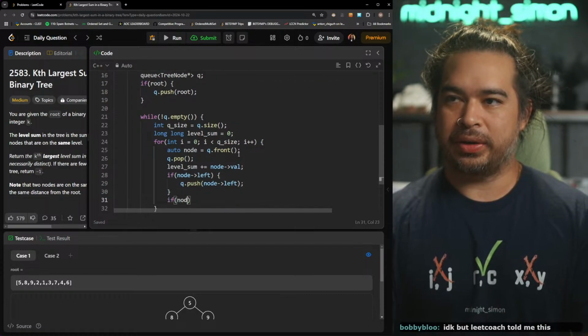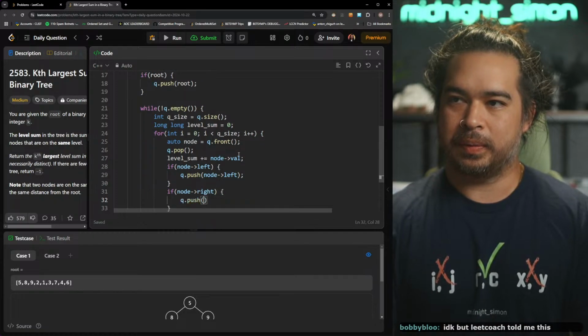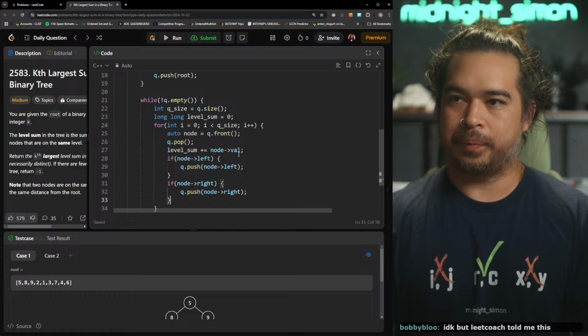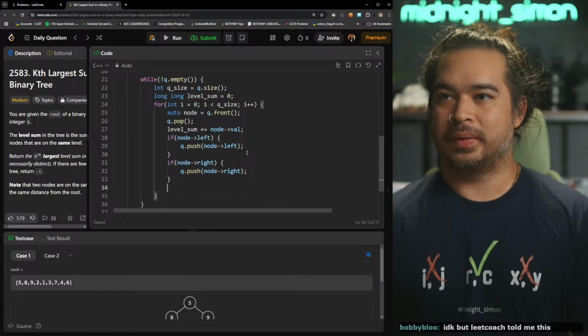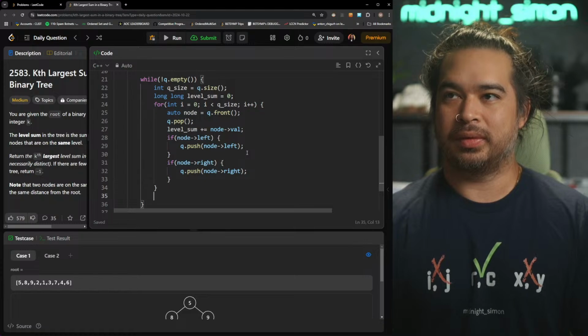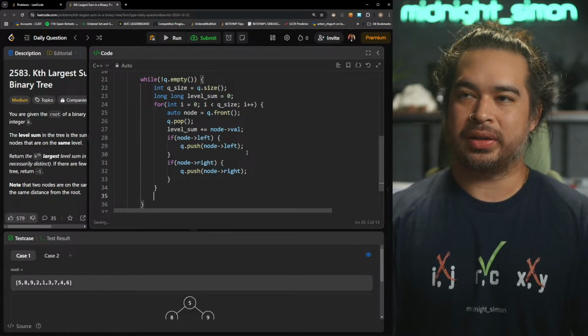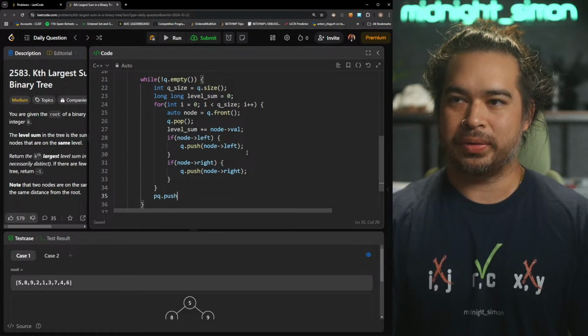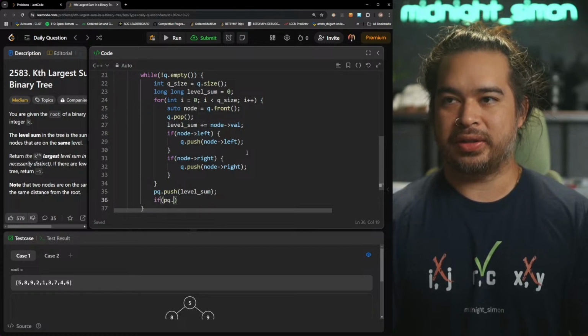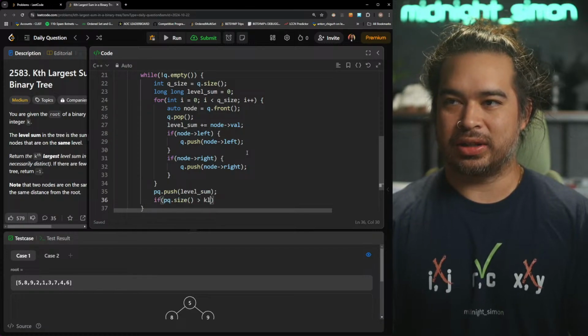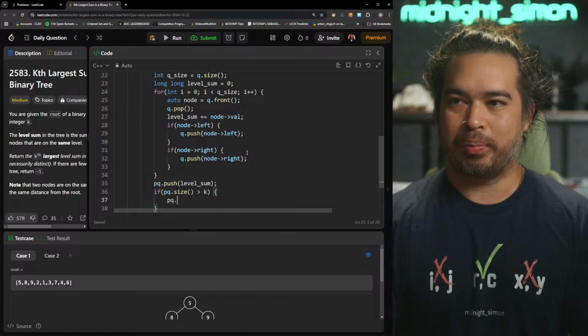If it has a right node, we should also push that to our queue. And then our level sum should be here, and then now we can push this into our priority queue. And then if the priority queue size gets greater than k, that's when we pop.